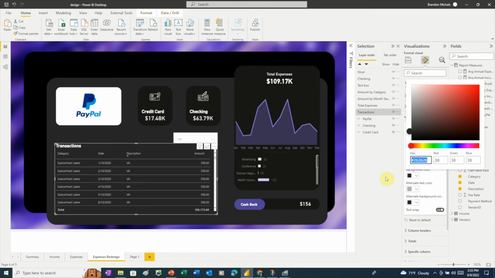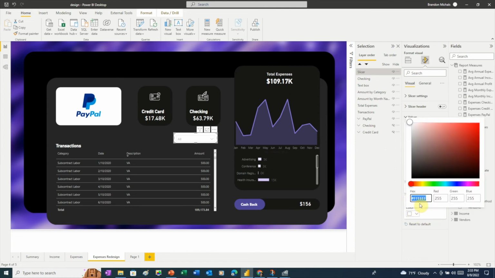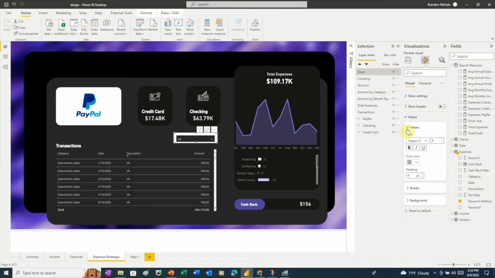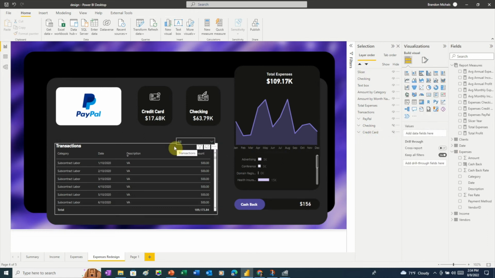copy the color code. I'll select the slicer, then back over in the Format tool, I'll expand background, click the color dropdown, choose More Colors, and paste in the color code. That gets me halfway there. Now, I'll switch over to the General tab, expand Effects, and turn off the background. That looks good. I'll slide the slicer down a little, and I think I'd like a little more padding for